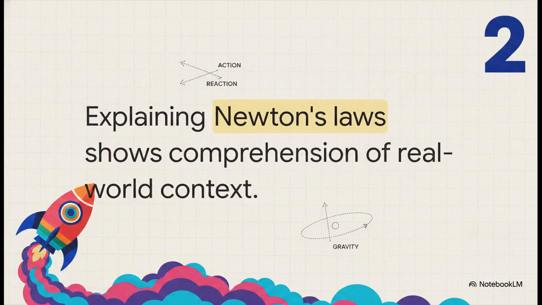Now let's step up to the understanding level. Explaining Newton's laws of motion is a great example here. A student at the memory level might just be able to recite, every action has an equal and opposite reaction. But at the understanding level, the learner actually grasps what that means out in the real world. They understand the context beyond the basic formula and can interpret how it applies to, say, a literal rocket launching